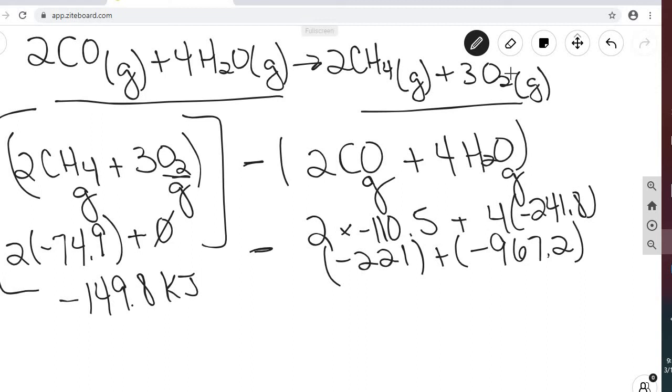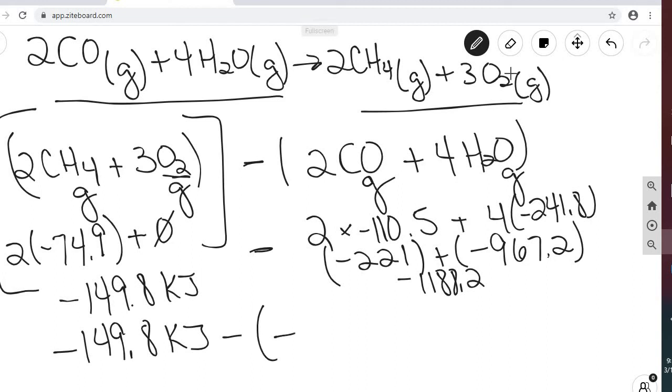Okay, so this is negative 221 minus 967.2. So this whole side over here is going to be negative 1188.2. Okay, so then what we have is we have the product side, negative 149.8 kilojoules